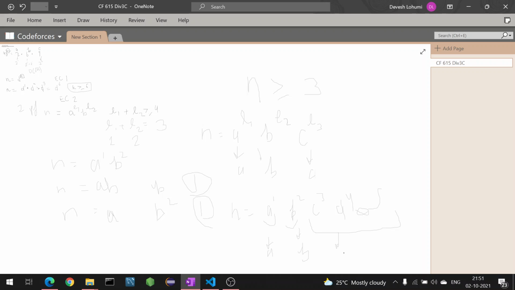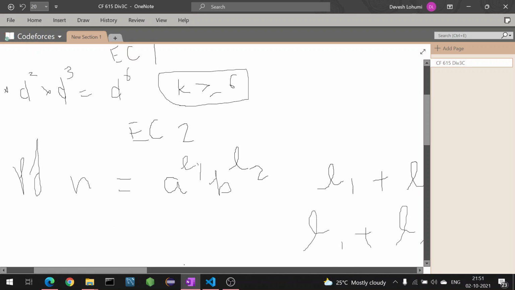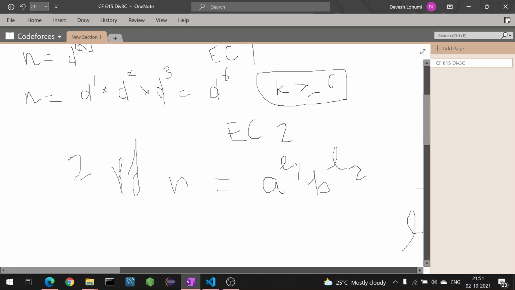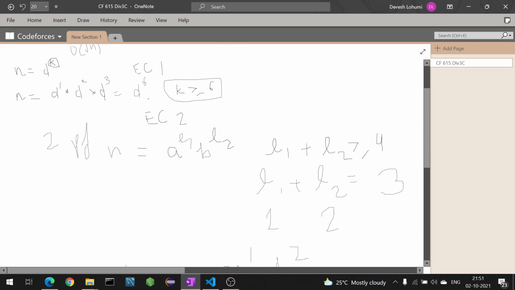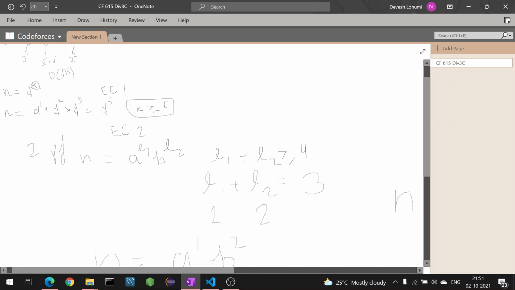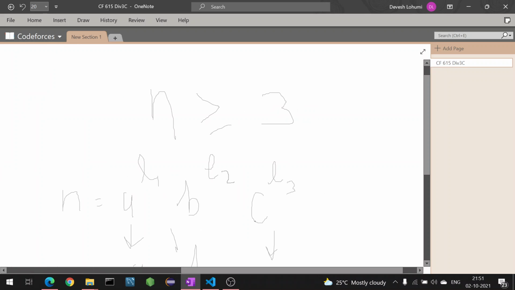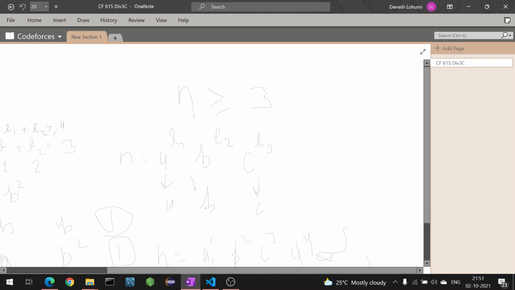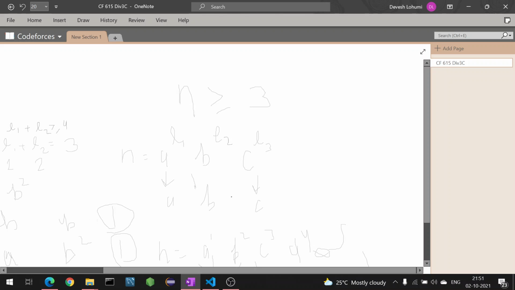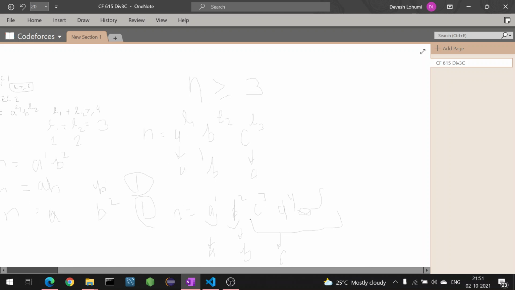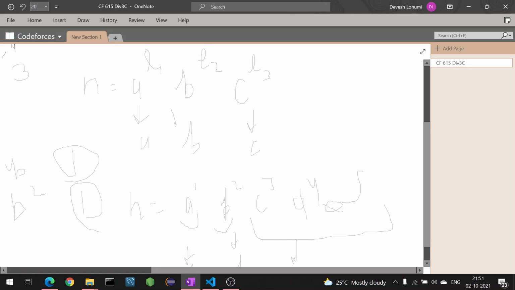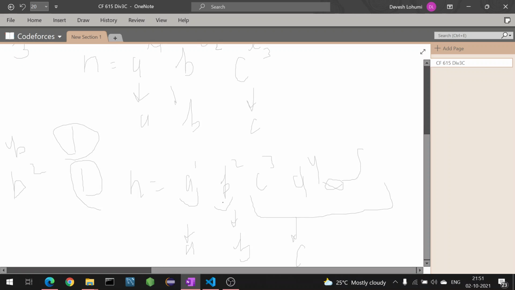Right. So I think we've seen all the cases. First we had edge case 1, where since we had only 1 prime factor, we required the minimum combined power to be 6. For edge case 2, we required the minimum combined power to be 4. And for edge case 3, it's pretty trivial. Just take the first two complete powers as the first two numbers, and take the rest as your third number, and you will reach the final answer.